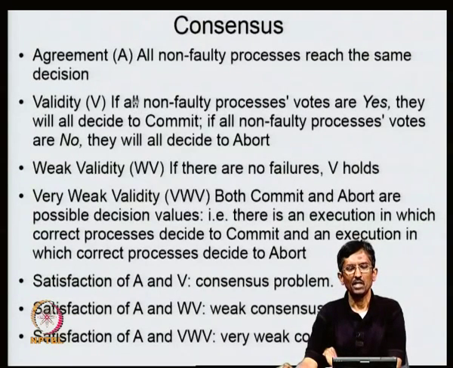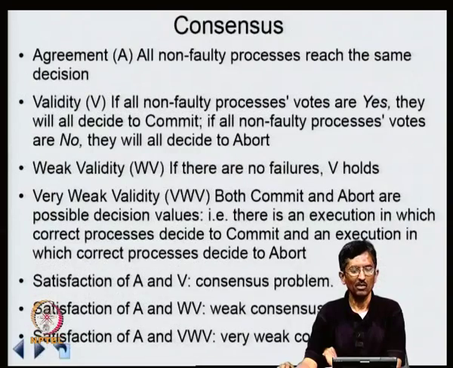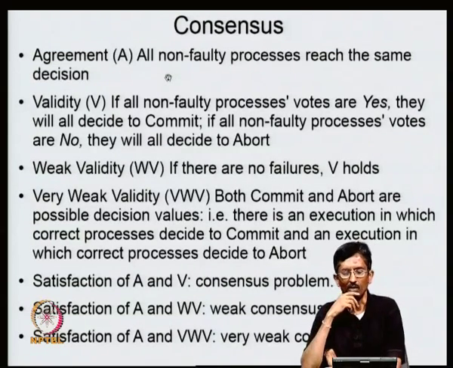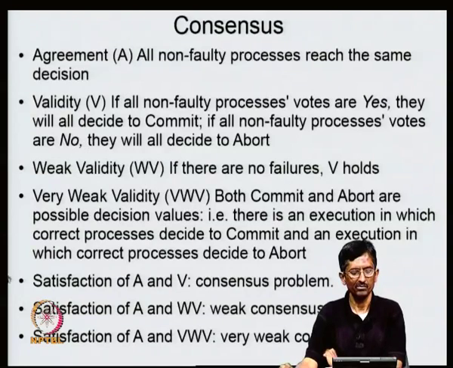So, therefore, it can take a much longer period of time, and so it makes sense for you to go for this commit kind of model for databases and file systems. Whereas for those real-time kind of systems, consensus is a lot more sensible, because you have to react to something quickly, and you can't wait for systems to reboot and use the old persistent state to guide what has to happen next. Okay.